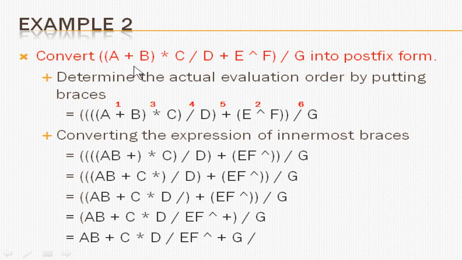Now you know that a plus b will be evaluated first, so that will be given the first priority here, and then you got the remaining operators like asterisk, slash, plus, and then exponent. Okay, so as per the rule, after bracket comes exponent, so this will be evaluated next. So you have to put a parenthesis which encloses a, then the upper caret, and then f. So you can see that it will be evaluated next.